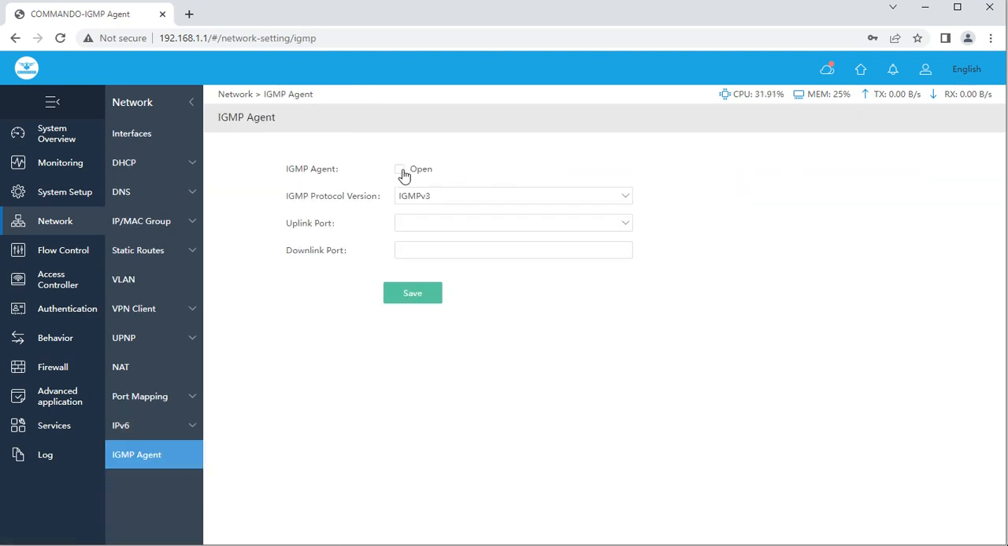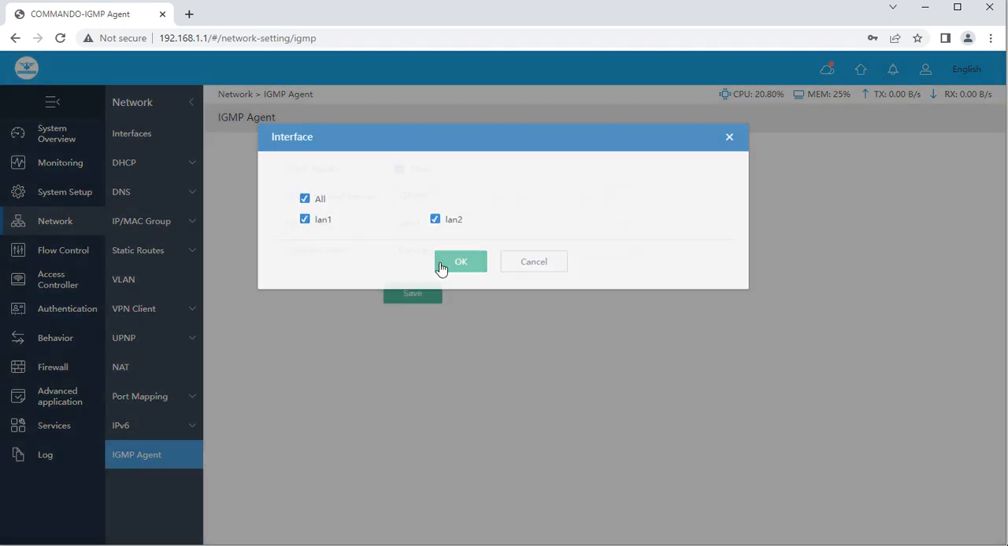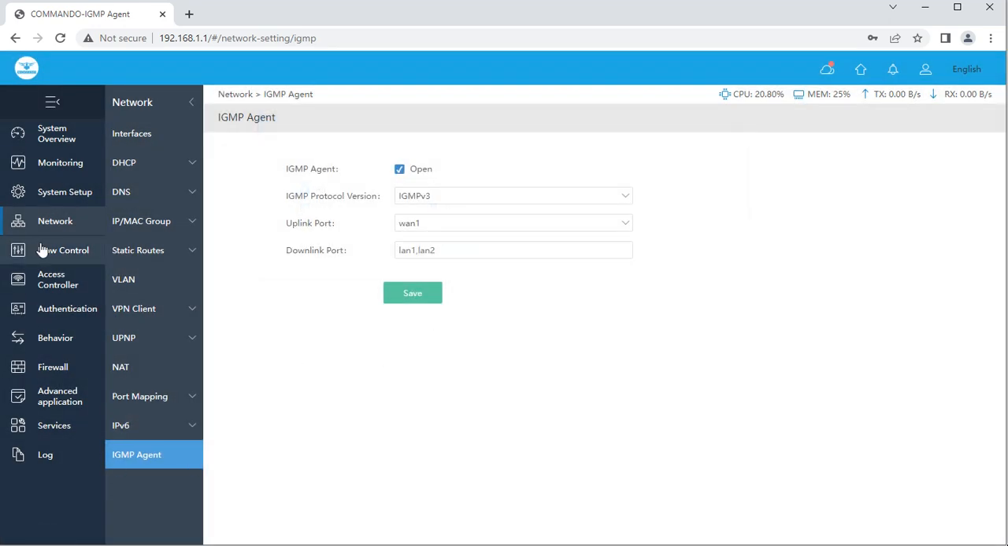We can also have IGMP configured for version 2 and 3, and we can also have the uplink for these two ports. We can also enable all uplinks for this device. Then flow control. So in flow control,